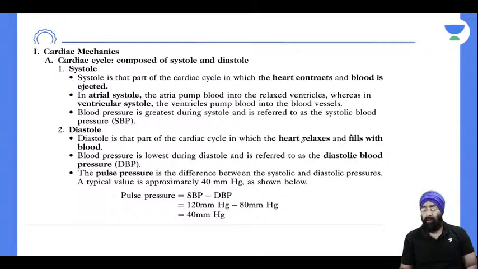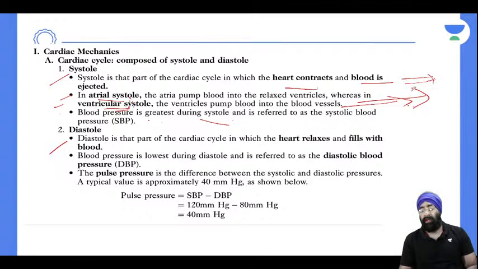All right, so first thing, the heart goes into systole and diastole. So the contractile part is systole, where the heart pumps blood out, and there are two parts of the heart majorly, two halves, atrial and ventricular, and there are separate systoles. When the atrium does systole, blood goes into the ventricle, and at that time the ventricles relax. When the ventricle does systole, the blood is pumped outward into the vessels. We know that. And blood pressure is greatest during systole because the pumping of blood from the heart, the cardiac output, gives the pressure to force it